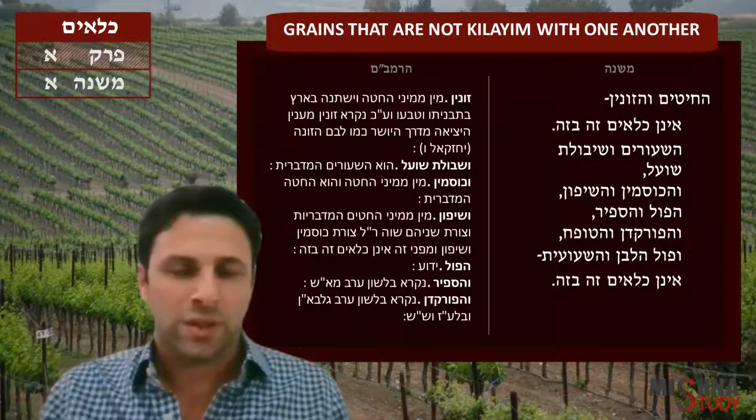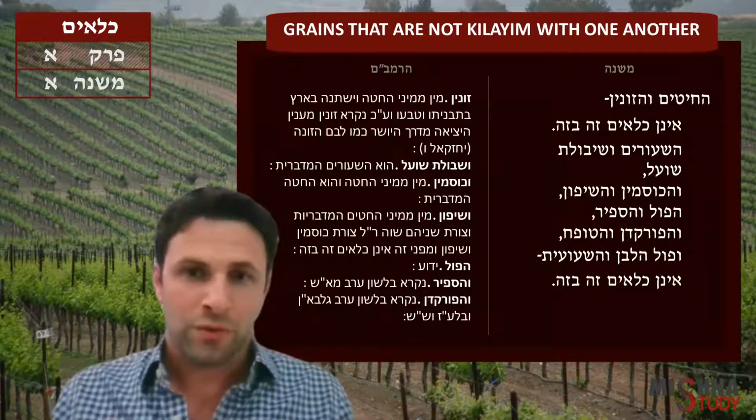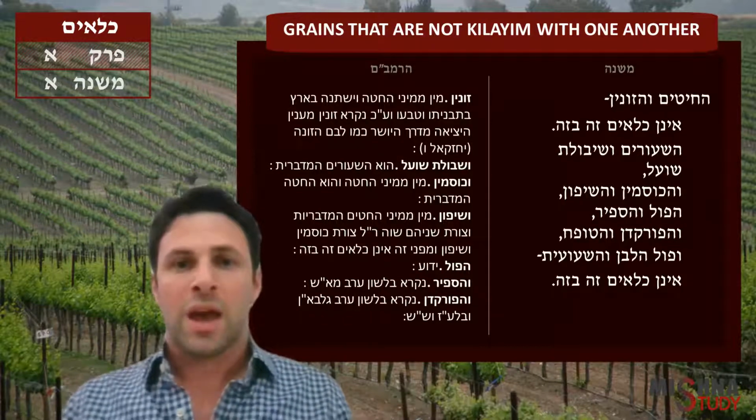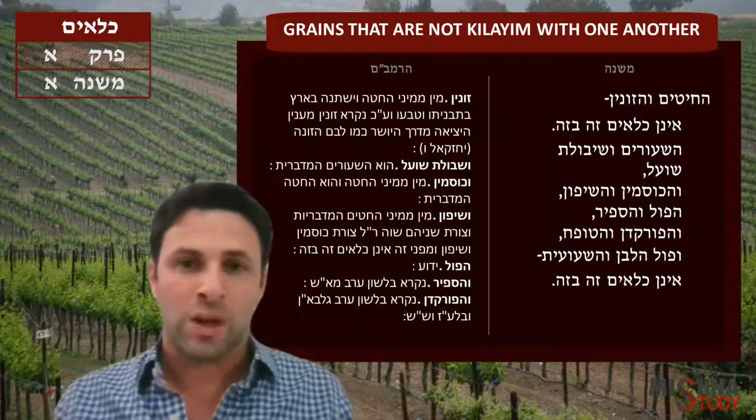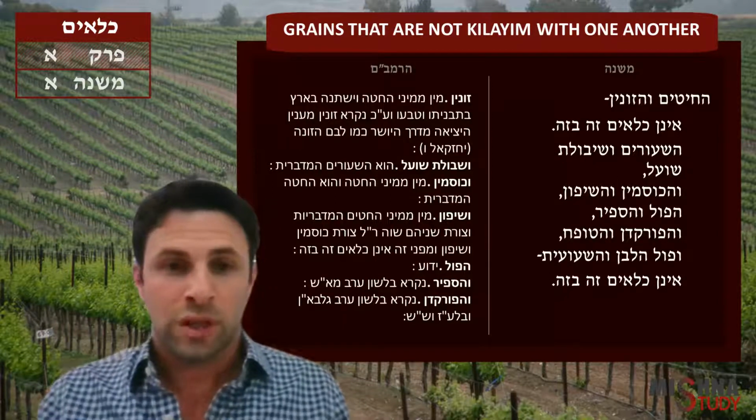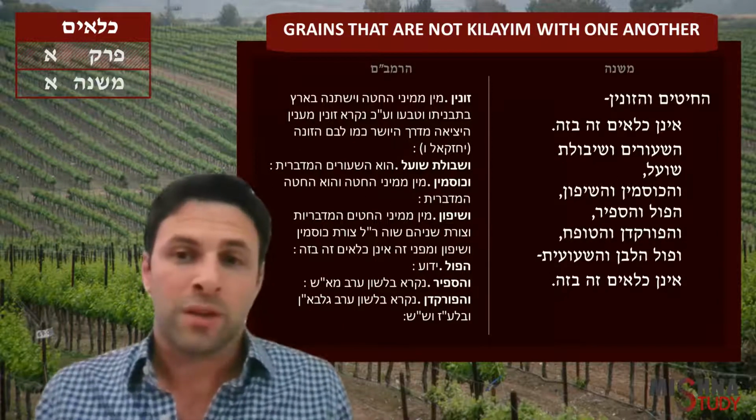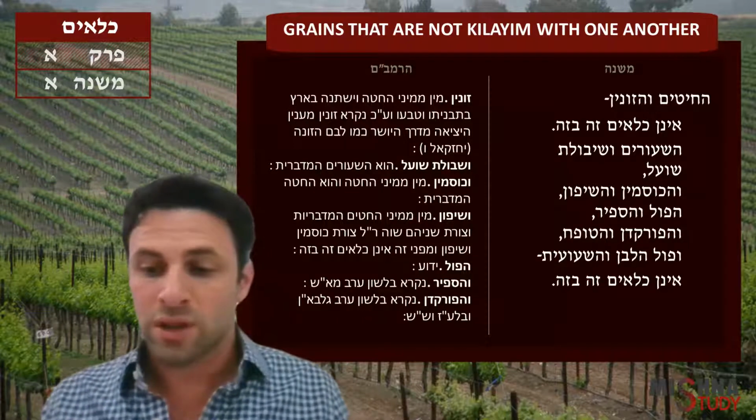It veered off its path. Right, similar to the language of a zonah. It veers off a path, and so this is a cheap type of wheat that veered off its path. Well, if you plant the two of them together, wheat and the zunin, they're not kilayim with one another. If you plant shibolet shu'al, which is oats,